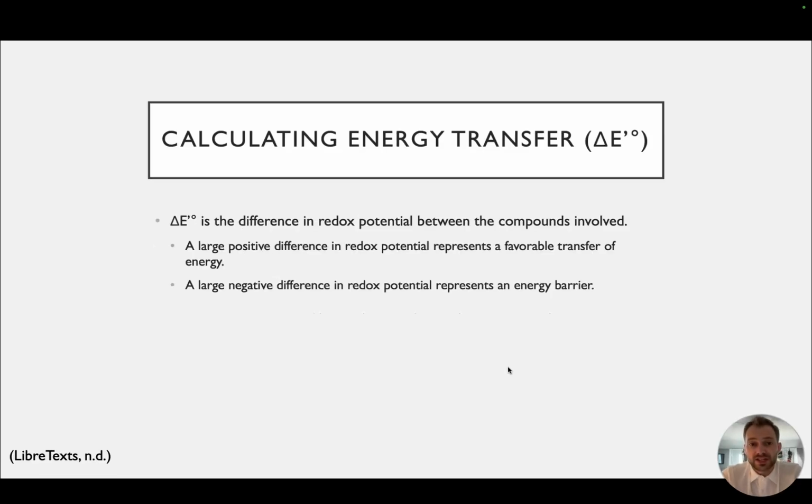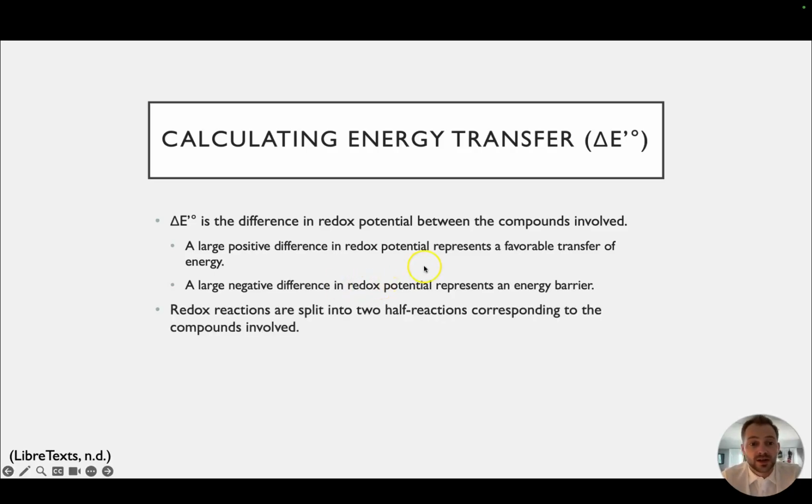We can calculate the change in energy, the transfer of energy. It's called the difference in redox potentials, and it's acting like an anode and cathode of a battery. Basically, we use voltage to measure the redox potential, and a large positive difference shows a favorable transfer of electrons, whereas a large negative shows some kind of energy barrier that needs to be overcome for the